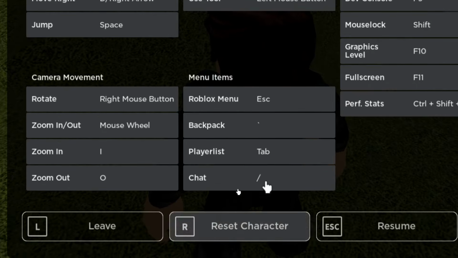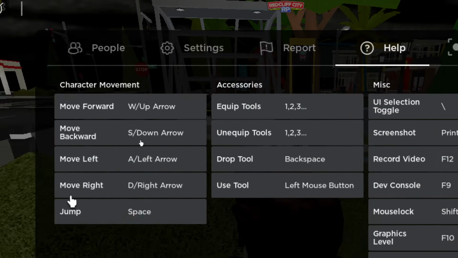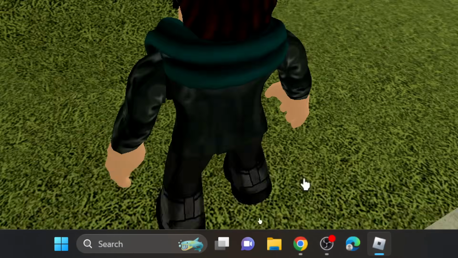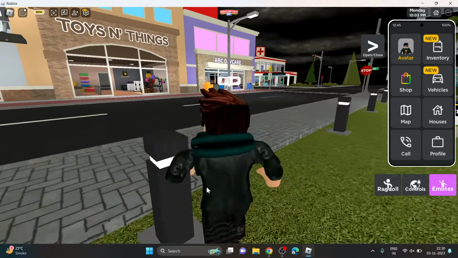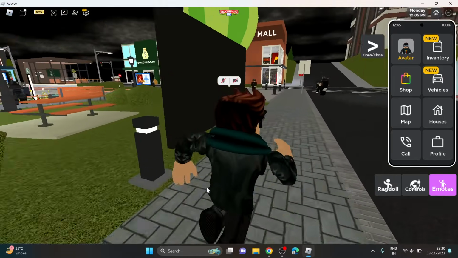So you can see here. And once you're done with your settings, you just need to click on resume. And now you can enjoy your game by playing with these